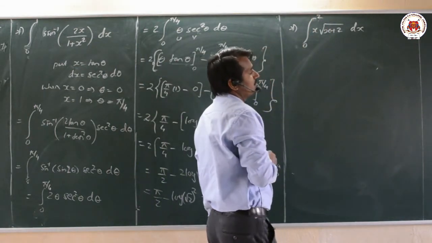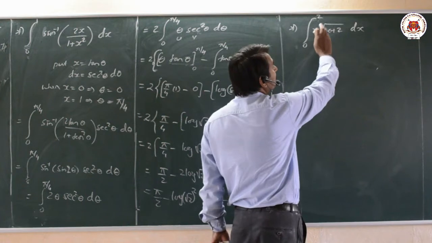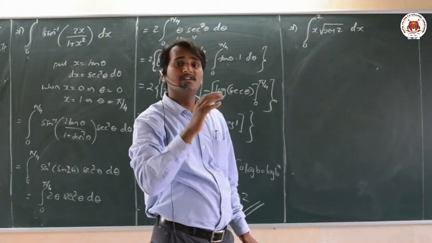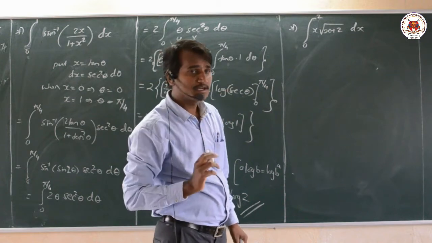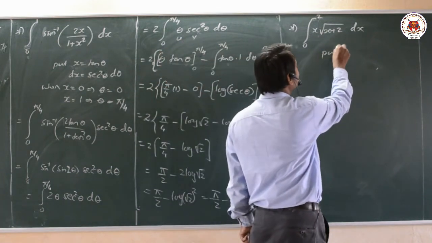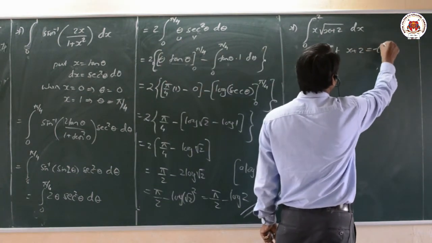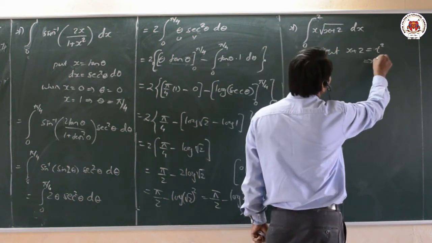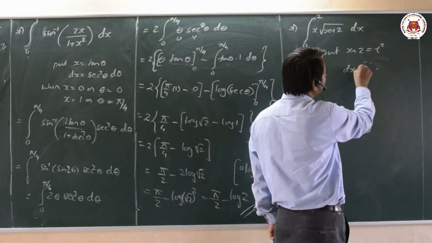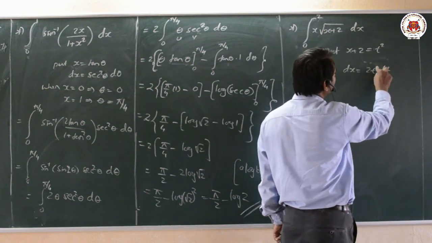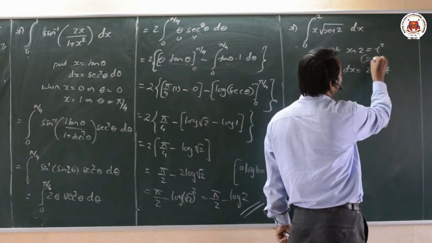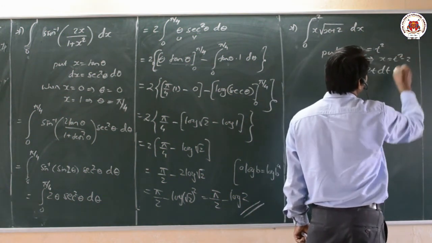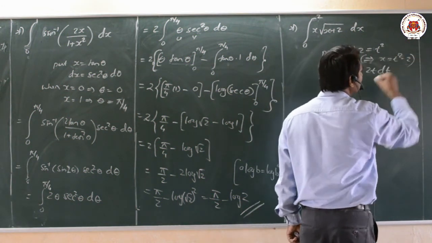now here put substitution, it is a very, very important concept. We have to get rid of that root. Means we have to remove that root, so inside the root we should have a square. Therefore what we substitute is x plus 2 is equal to t square. Now substitute it. That implies dx is equal to 2t dt. Here x equal to t square minus 2.